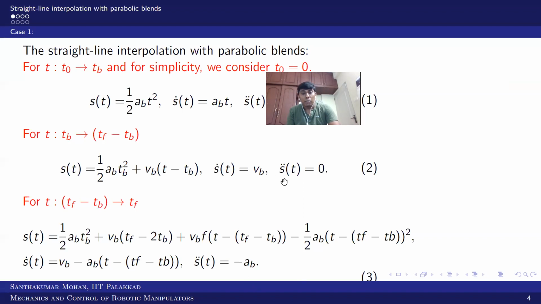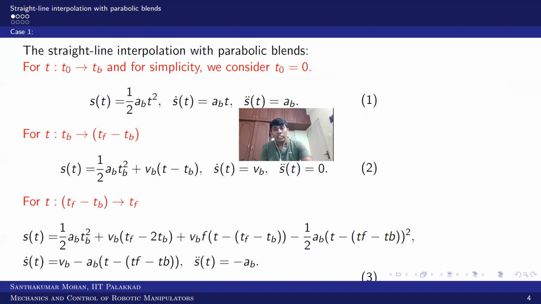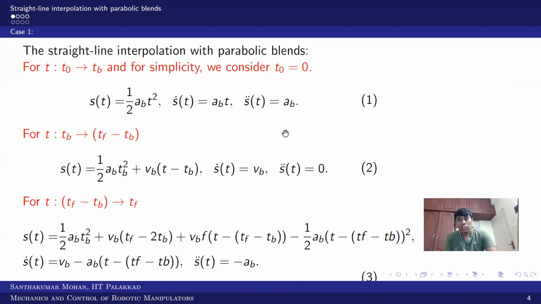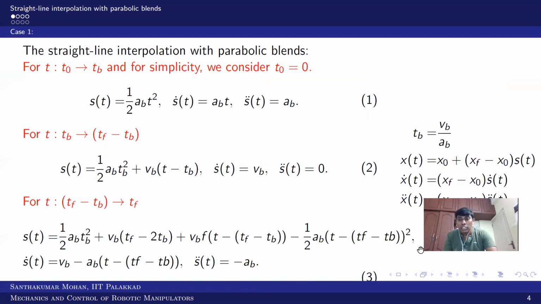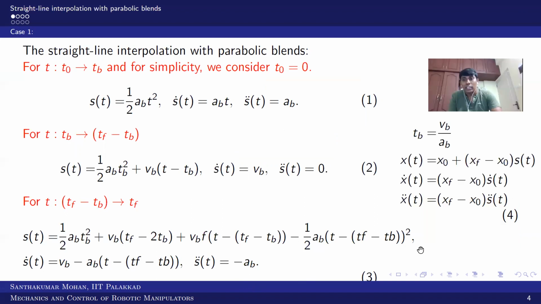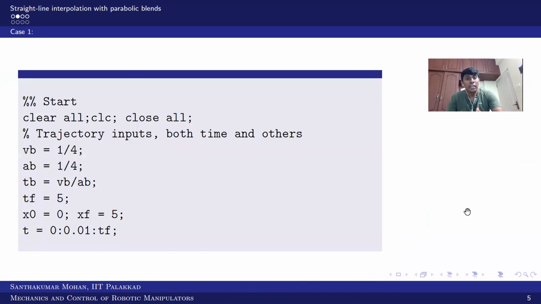So these are the 3 points which we have considered. Based on that, these are the additional constraints. We have assumed that this S is 0 to 1, so we scaled according to the X of t. This is what we have seen. Even in the MATLAB code we have seen one particular condition you have to assume, where the TB is within the restriction, for that we can choose.